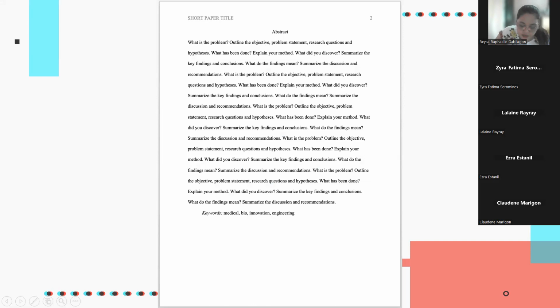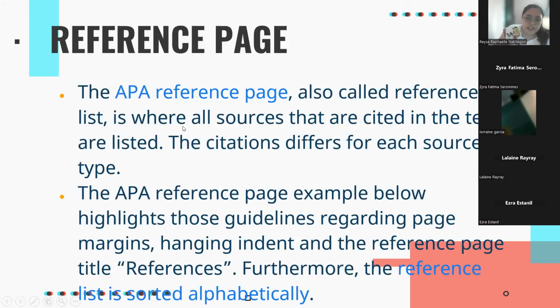The keywords are words or phrases that are relevant or associated with your study. Their purpose is that when we put your study in a database, if someone searches using that word, for example, your study will show up. Okay, that's the use of the keywords.